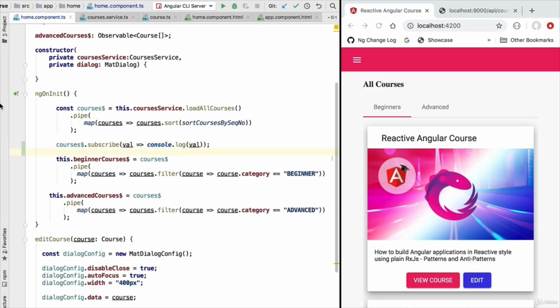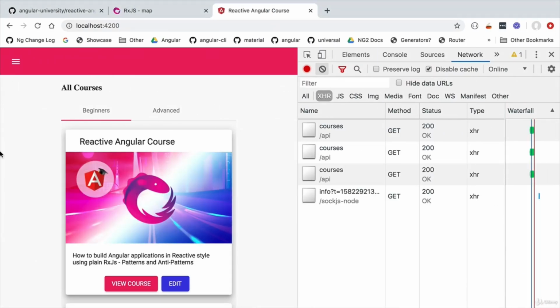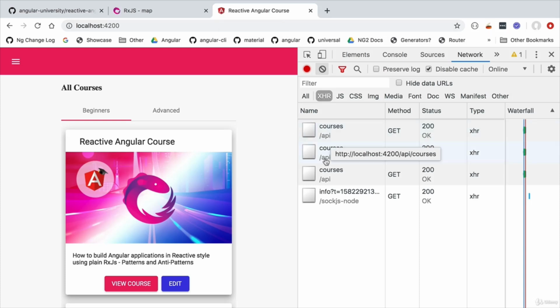With this third subscription in place, let's now switch to a larger window. The application has already been reloaded by the Angular CLI, and we can now see in the network log that we have indeed 3 HTTP requests. So the more subscriptions we make to the returned observable, the more HTTP requests are going to get sent to